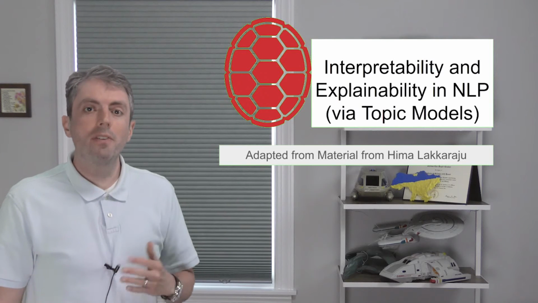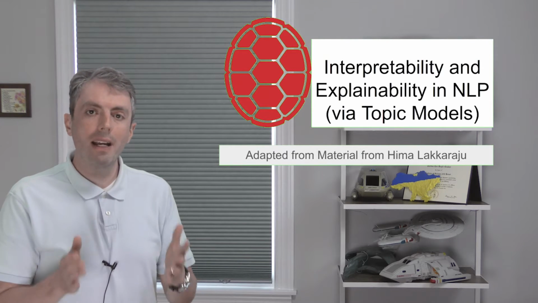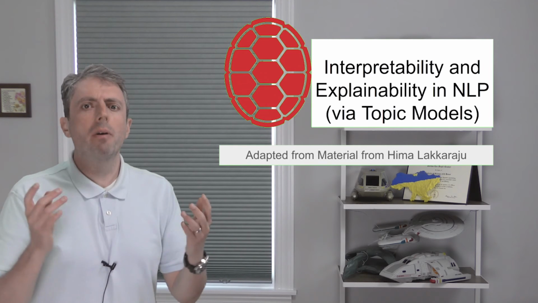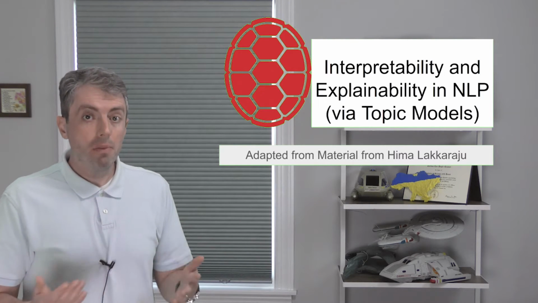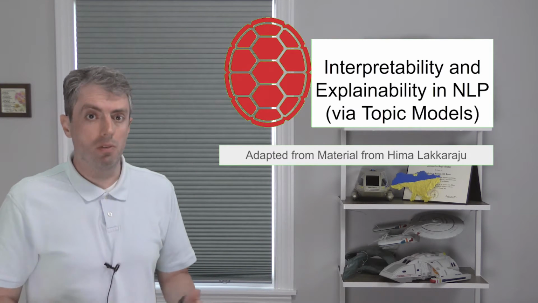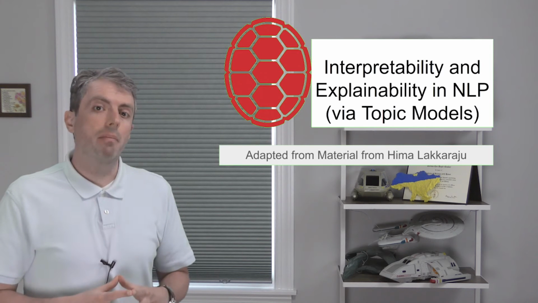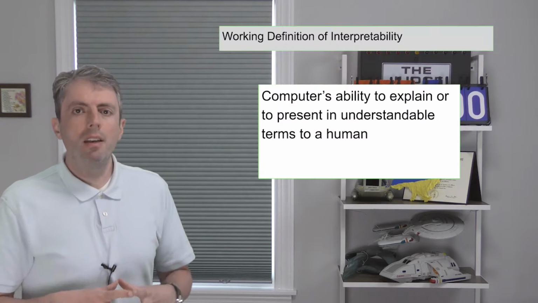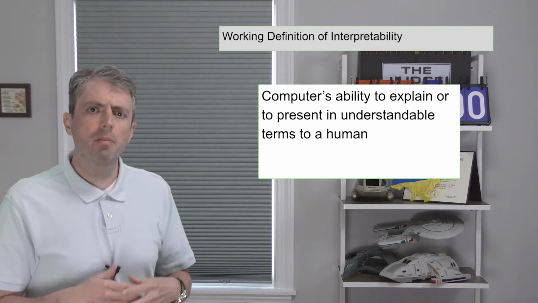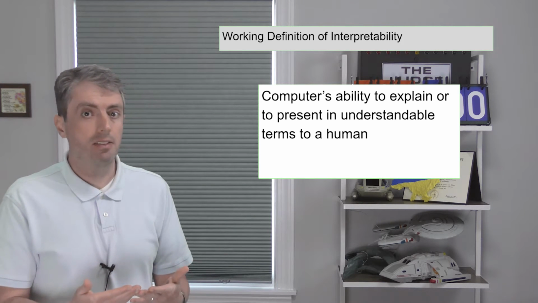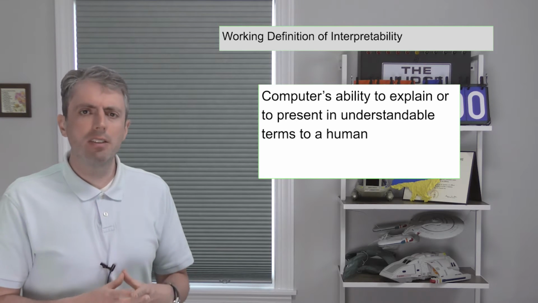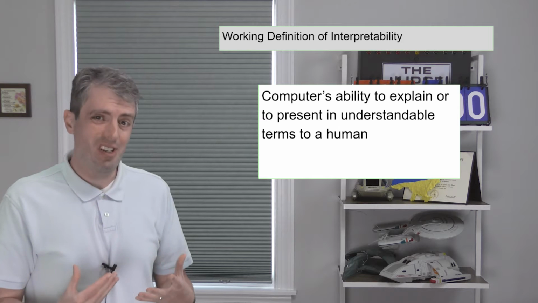For most of this class, we've talked about computer algorithms where there's a right answer or a wrong answer. If you're predicting a word, labeling sentiment, predicting a parse tree, or answering a question, there's one or a handful of right answers. Either you get it right or you don't. But today we're talking about something different. Not whether a computer gets the right answer or not, but whether the computer can explain its answer to a human user. As we'll talk about, the definition of interpretability is squishy.